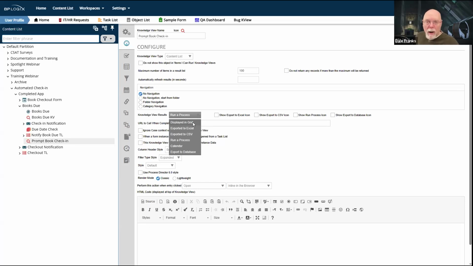There are several other options. We can export the knowledge view to Excel automatically, or export it to CSV automatically, or we can, as in this case, run a process. There's also export to database and also export to calendar. Using calendar invokes the calendar KView. I've got an entire webinar on how calendar KViews work,